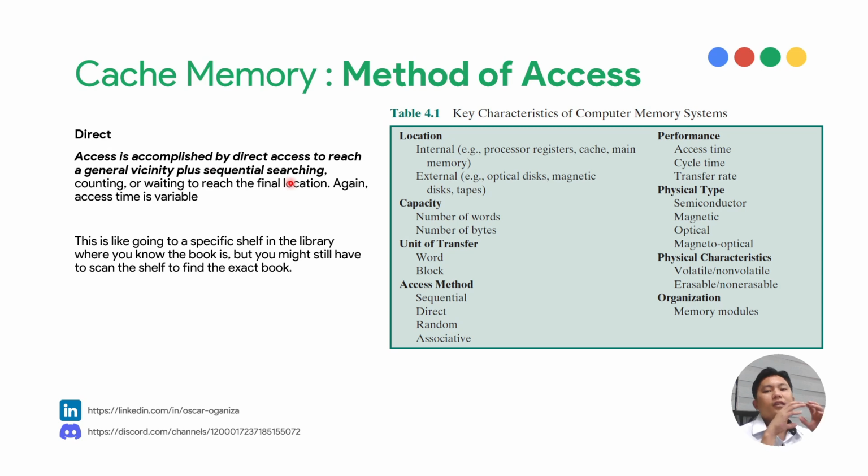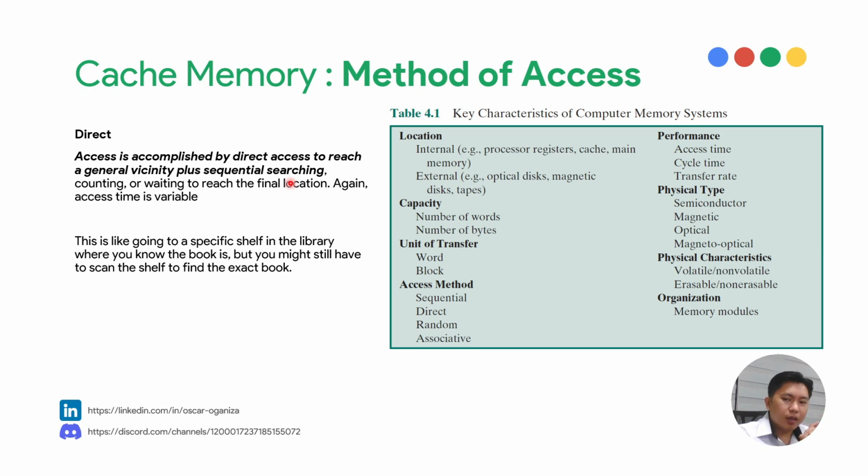Access is accomplished by direct access to reach a general vicinity plus sequential searching. So from searching, counting, or waiting to reach the final location. Again, access time is variable. So this is like going to a specific shelf in the library where you know the book is, but you might still have to scan the shelf to find the exact book. For example,